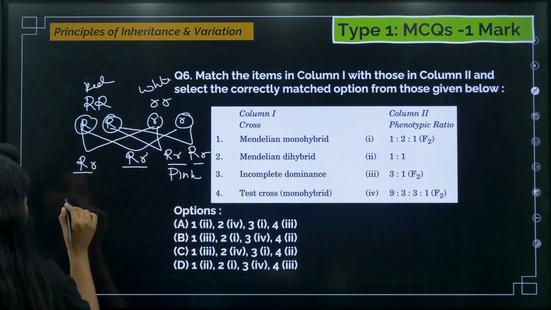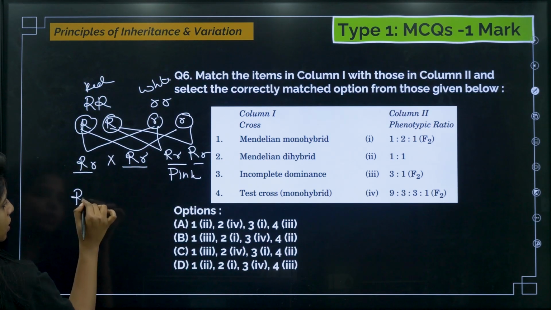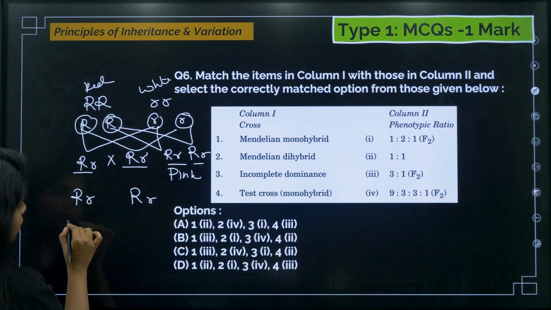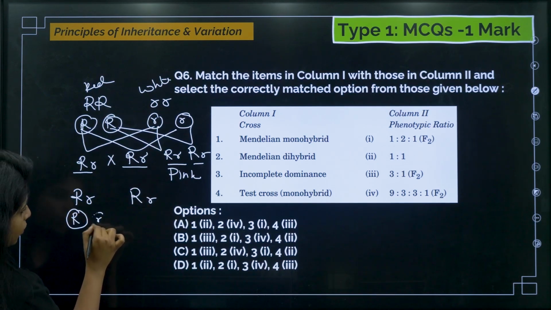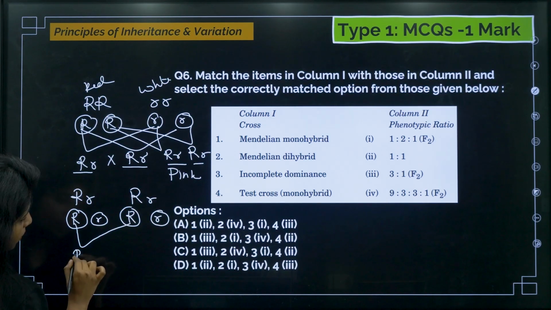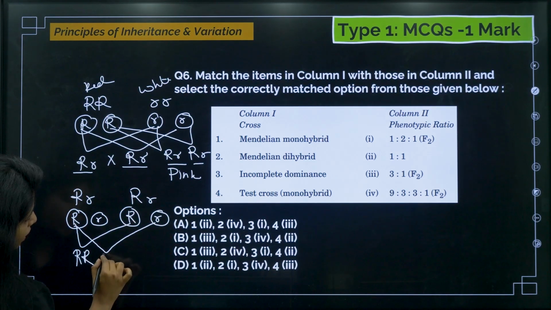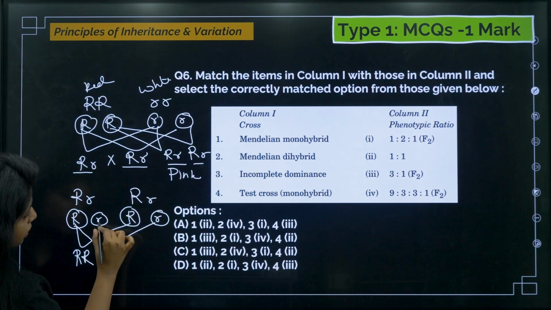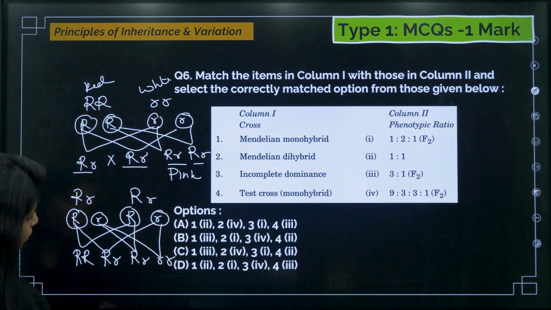Okay, now I do the F1 selfing with them. So there is capital R, small r, capital R, small r. The gametes are capital R or small r, capital R or small r. When I fuse this with this, I get capital R, capital R. When I fuse this with this, I get capital R, small r. When I fuse this with this, I get capital R, small r. When I fuse this with this, I get small r, small r. So over here,